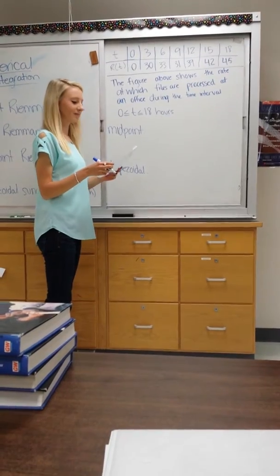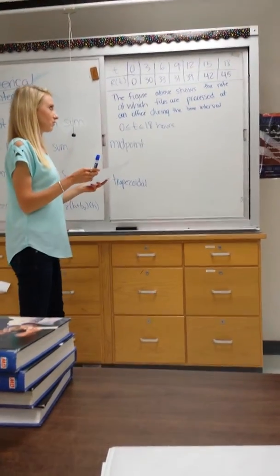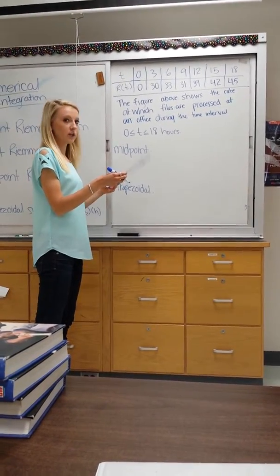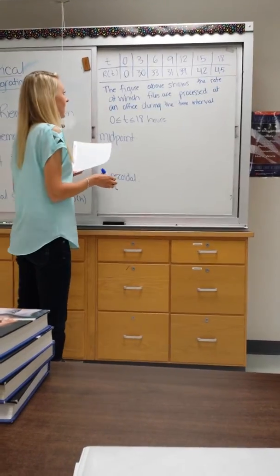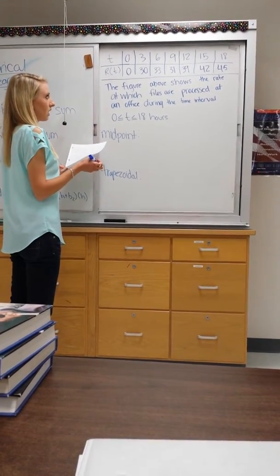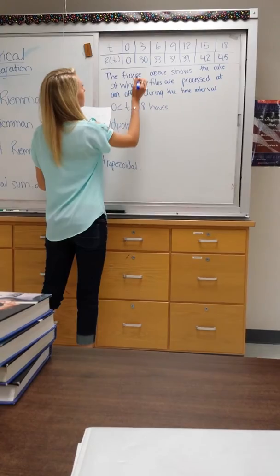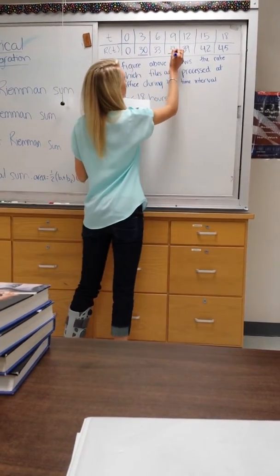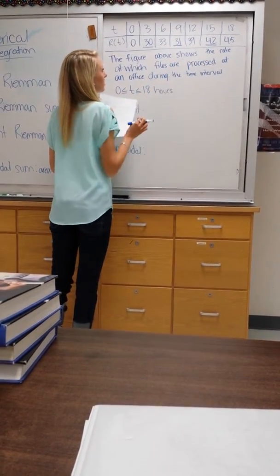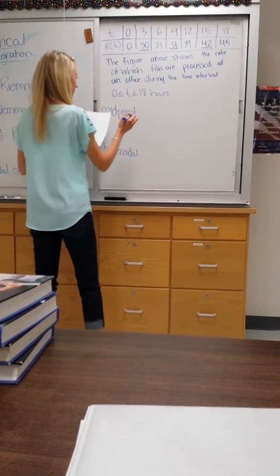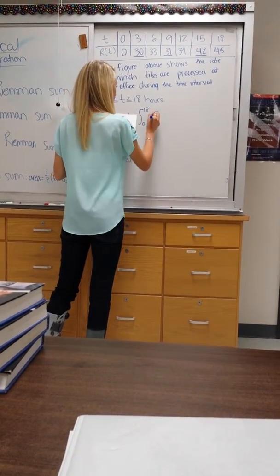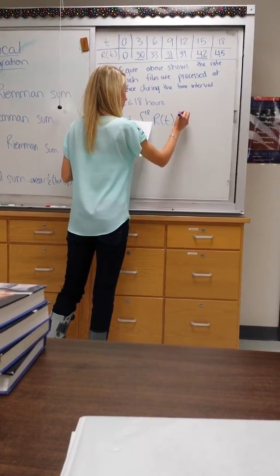Okay, so now that we have done a right and left Riemann sum to find the total number of files processed, we can work on a midpoint and a trapezoidal sum. For the midpoint, you would be asked to use 3 different subintervals to find the total number of files processed. So for this, we're going to look at 30, 31, and 42 because each one has a number on each side of it. So for the midpoint, we're going to use the interval from 0 to 18 hours, r of t dt,